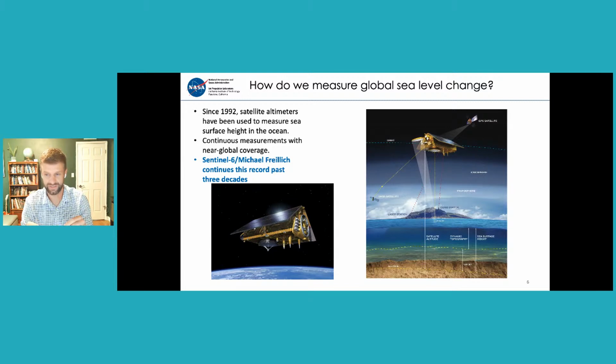And the accuracy of these satellite measurements is really incredible. So we can get an accurate measurement down to about 2 centimeters of sea surface height, from hundreds of kilometers up in space. So this is a really powerful instrument that we can use to understand sea level on these global scales. I'm going to show you a couple of videos in just a minute about how exactly these observations are taken, and then how we can stack them up to make this global record.